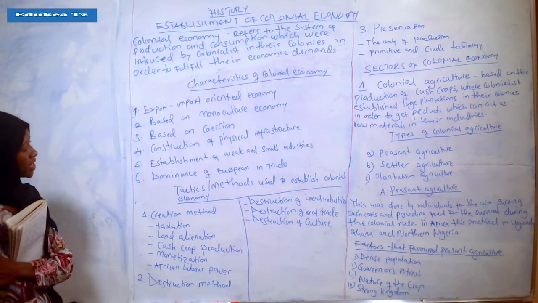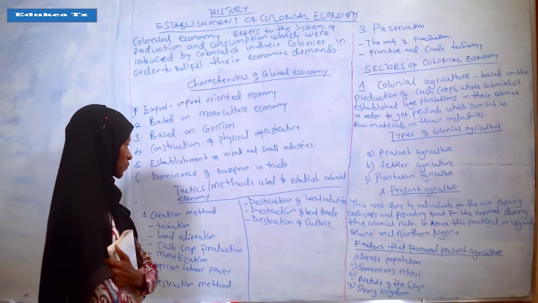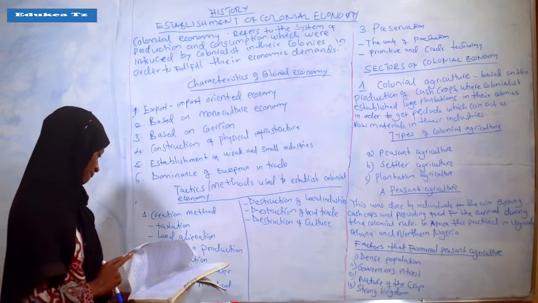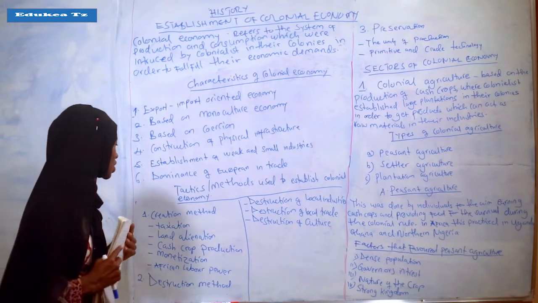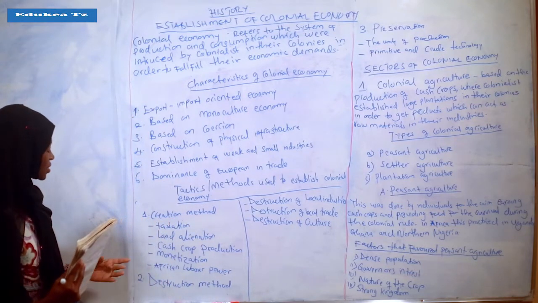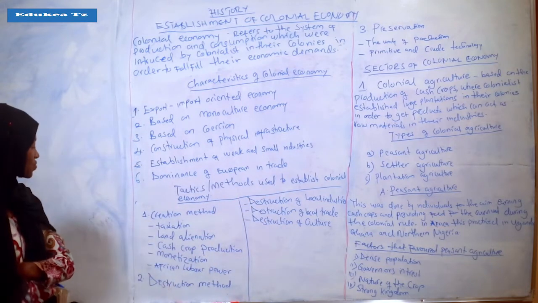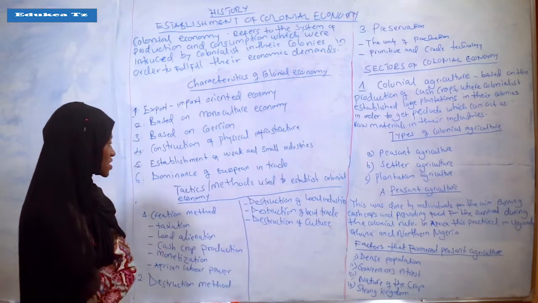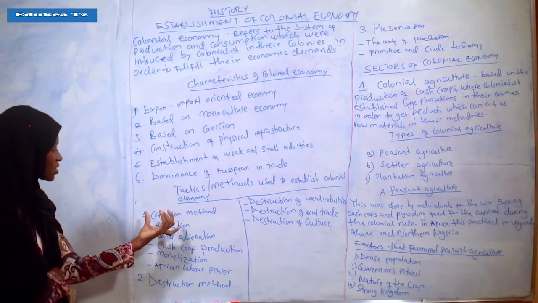The next part is methods used to establish colonial economy. During the establishment of colonial economy, they used three methods, which are creation method, preservation method, and destruction method. Starting with the creation method,